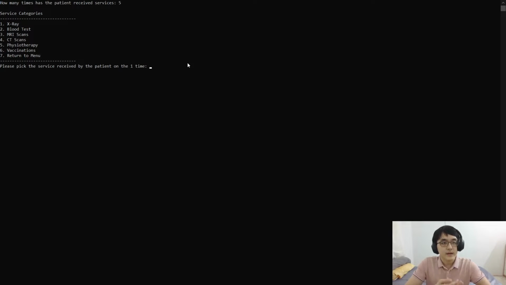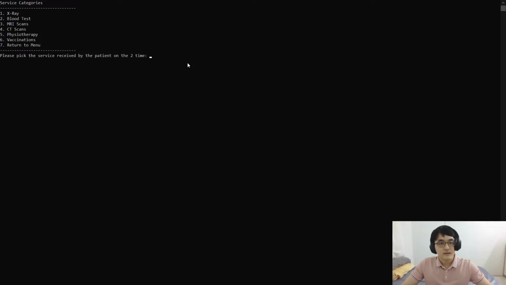So here we have different service categories presented, and the program wants the user to pick the service received by the patient the first time. So the first time maybe he received an x-ray, the second time maybe a blood test, the third time maybe an x-ray again, and the fourth time maybe he received